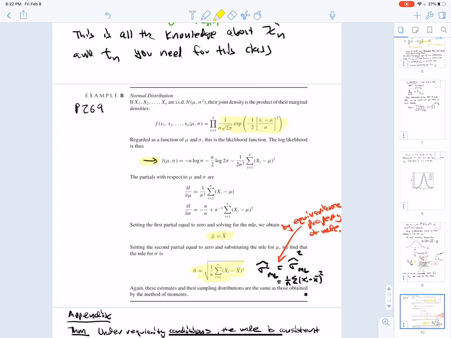You can find by equivariance the MLE for sigma squared, because that's just the MLE for sigma quantity squared. So that's 1 over n sum of xi minus x bar quantity squared. And I just want to point out the MLE estimator for sigma squared is the same as the MOM estimator. And furthermore, it's